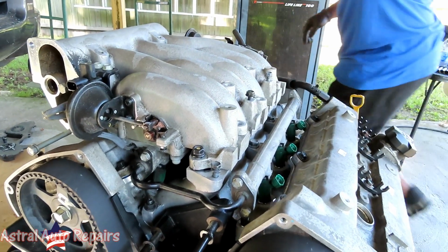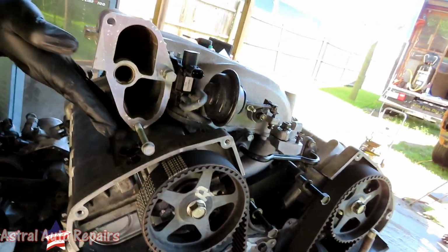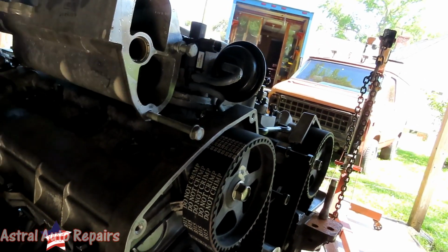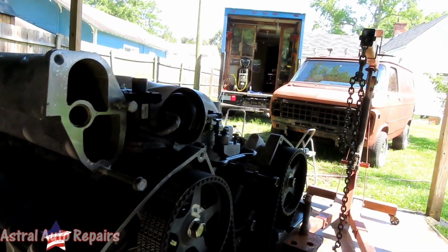Okay, now if you look over this side, you see exactly what I mean. Just enough room to get your spark plug wires out, because that other section will set right there and you won't be able to get it. Alright, now that we got that, let's get the rest of our...